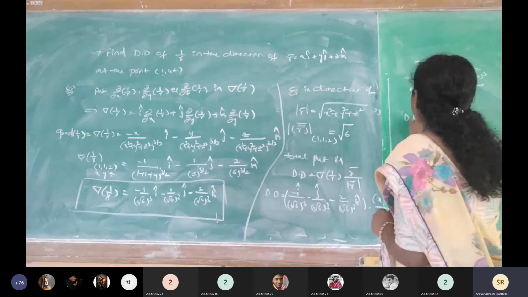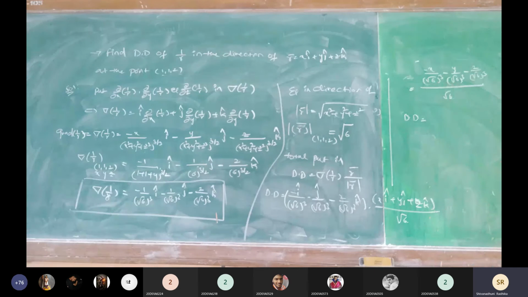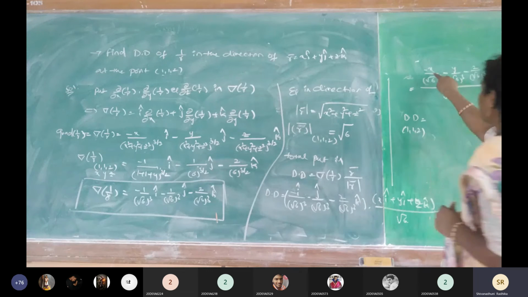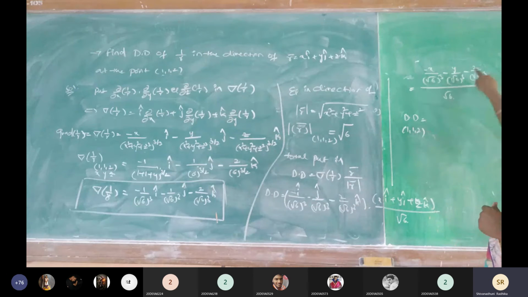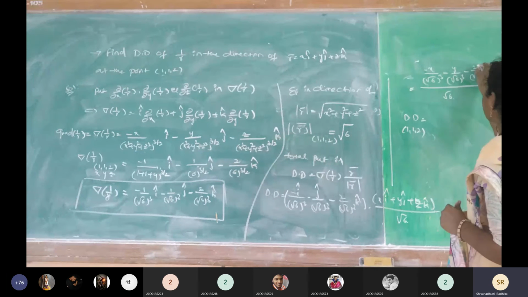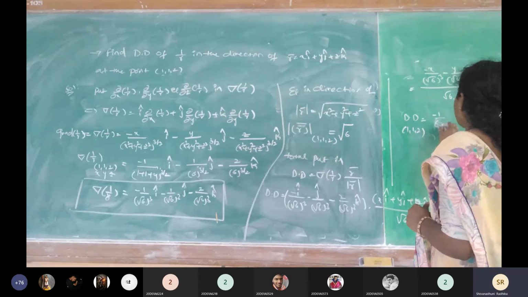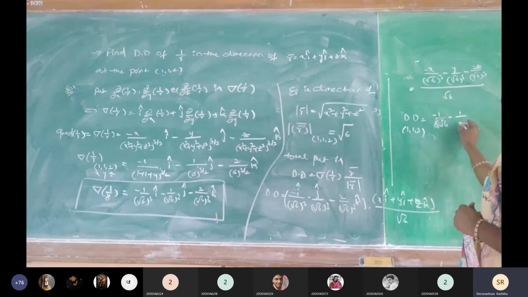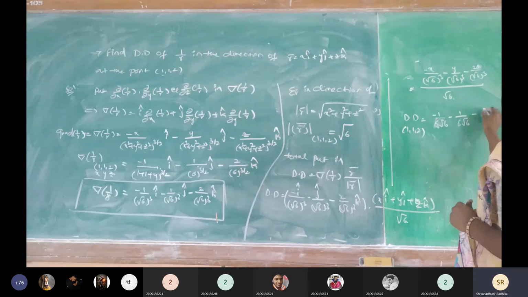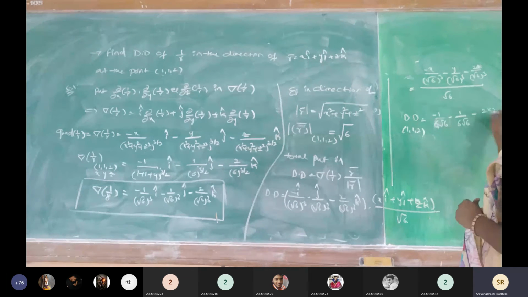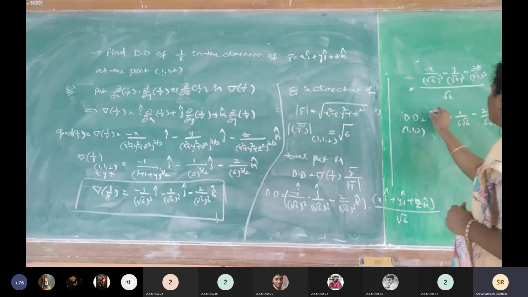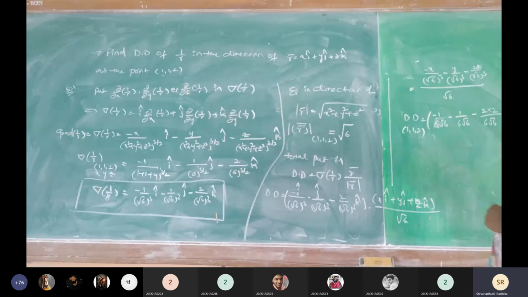Here this is the directional derivative, but it has the x ordinate, y ordinate and z ordinate values. Already we have the point, that point is 1 comma 1 comma 2. So substitute here x equals 1, y equals 1, and z equals 2. Is it clear? Now minus 1 by root 6 whole cube is minus 1 by 6 root 6. So it is minus 1, minus 1, minus 2z where z equals 2, again by 6 root 6 total, into 1 by root 6.